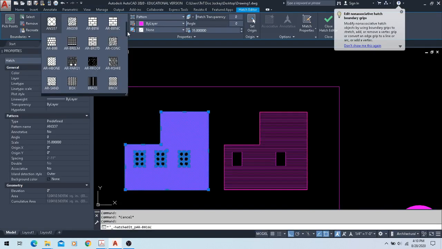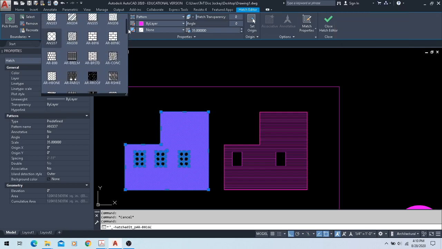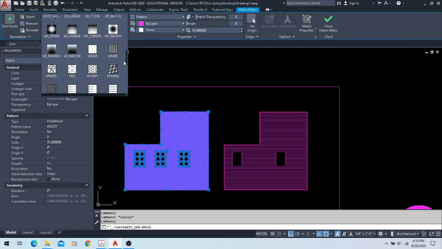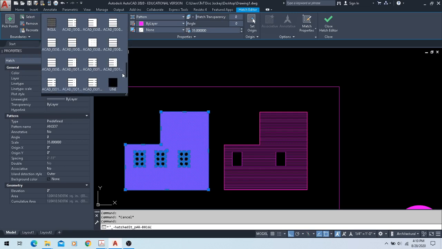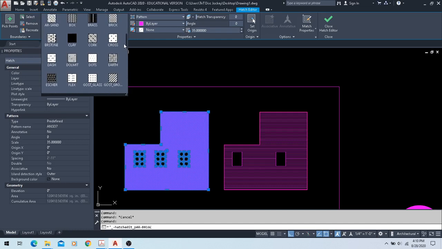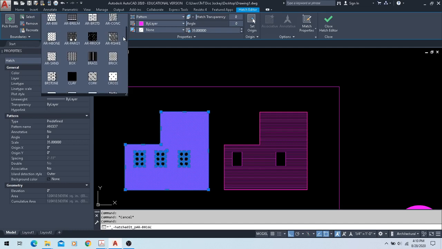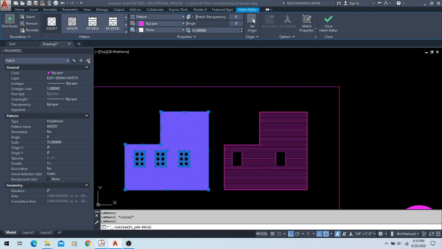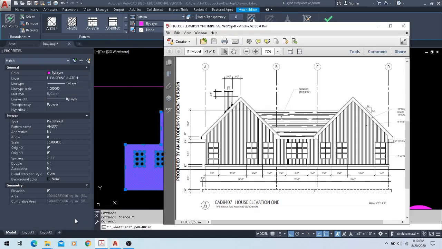So you can just come in here and find the one that says, it's assuming I have it. I don't have that one, so what you could do is